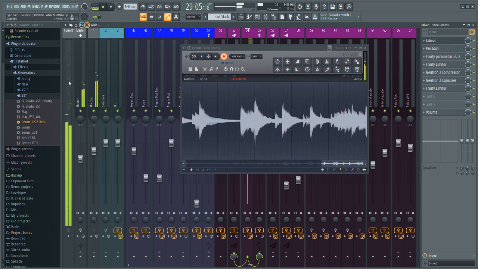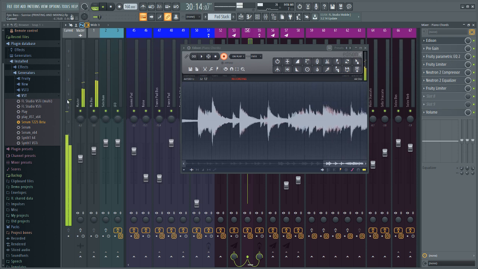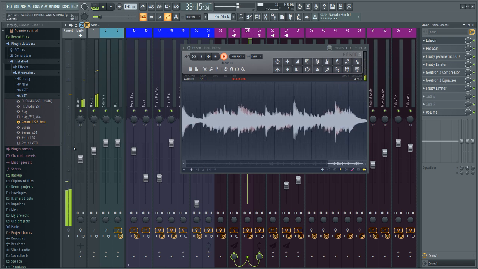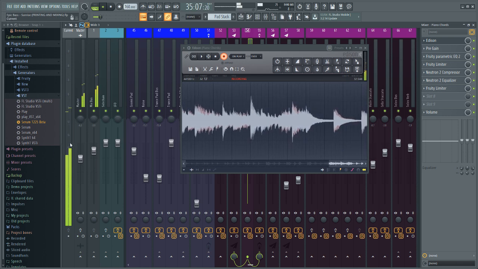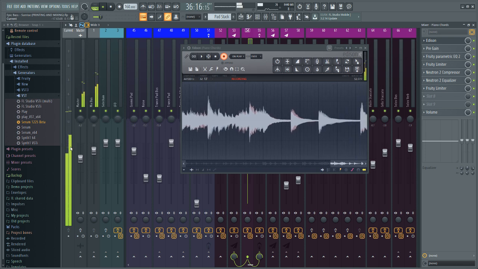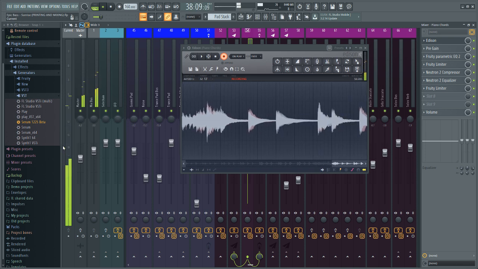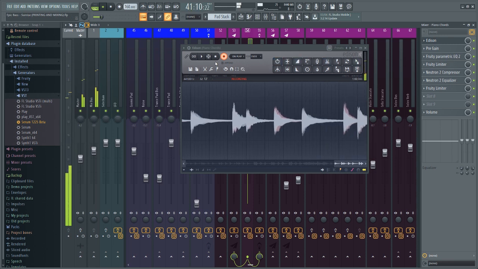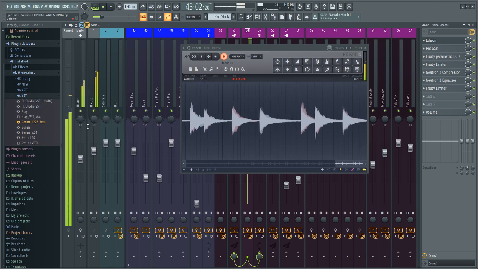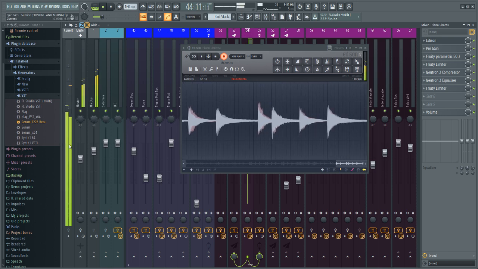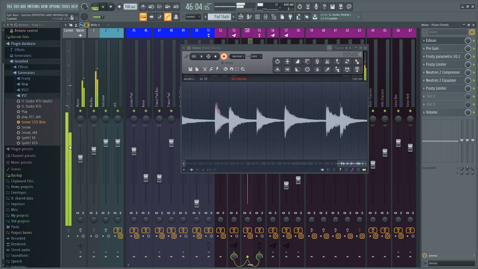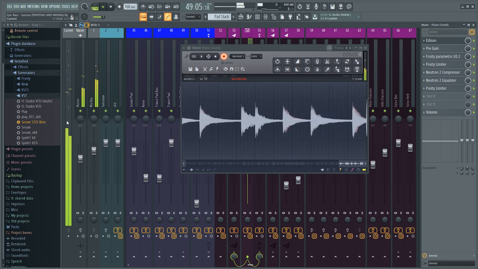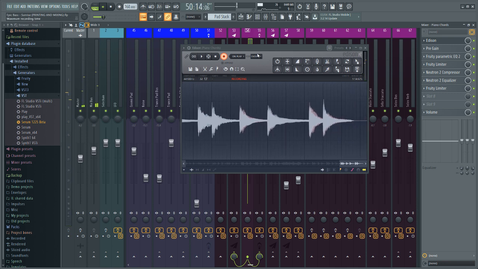You never want your signal too hot. One of the best ways to get improved audio quality is to record things in this sweet spot. It was especially important in the days of analog gear. But even if you're only mixing in the box or with software, as I do, it is still important because a lot of software is emulating analog gear, where it still does have that sweet spot. And if you drive it too hot, it's going to cause some distortion,